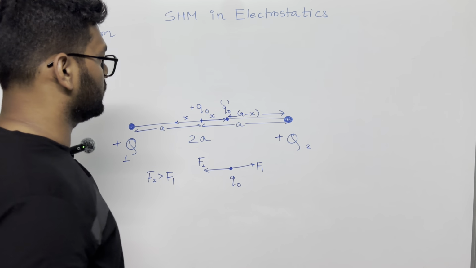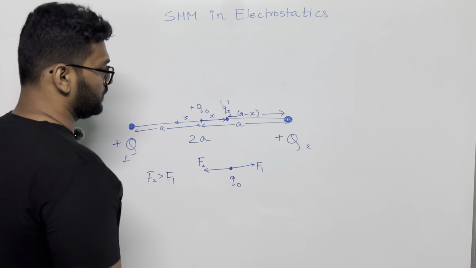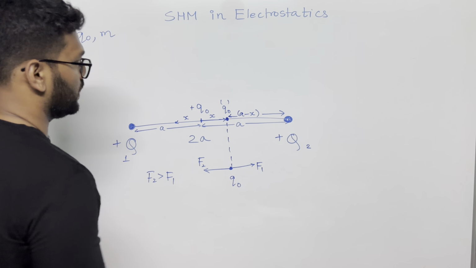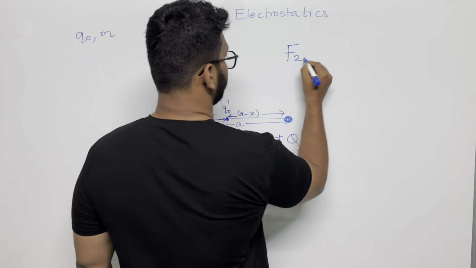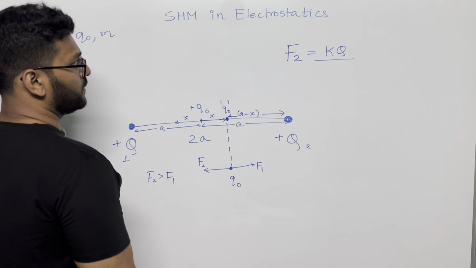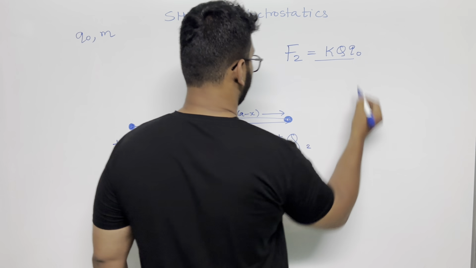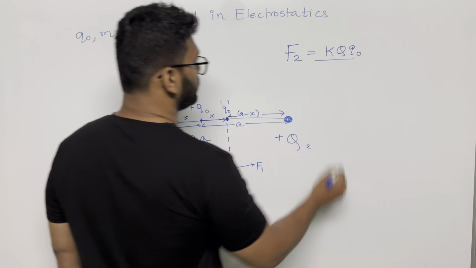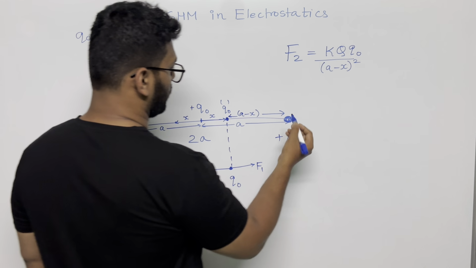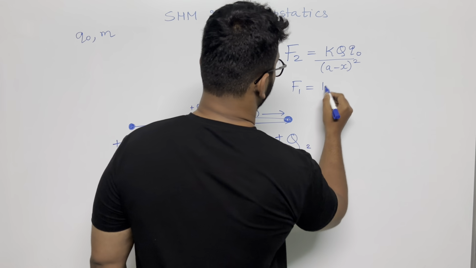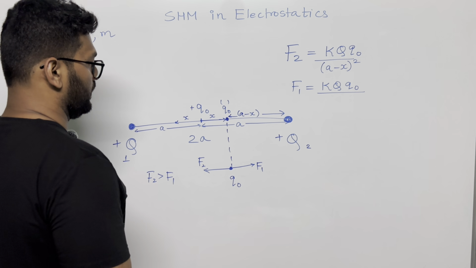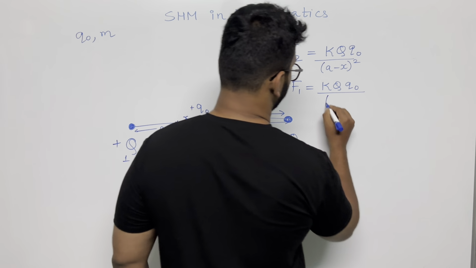If you look at this position of q0, again we are talking about this position only, the force due to the rightward charge is F2. So can I write F2 is equal to kq upon the distance between q and q0? There will be q0 as well, right? So the distance between capital Q and q0 is a minus x whole square, right? And F1 is of course the smaller force. So F1 is equal to k times q into q0 divided by a plus x whole square,